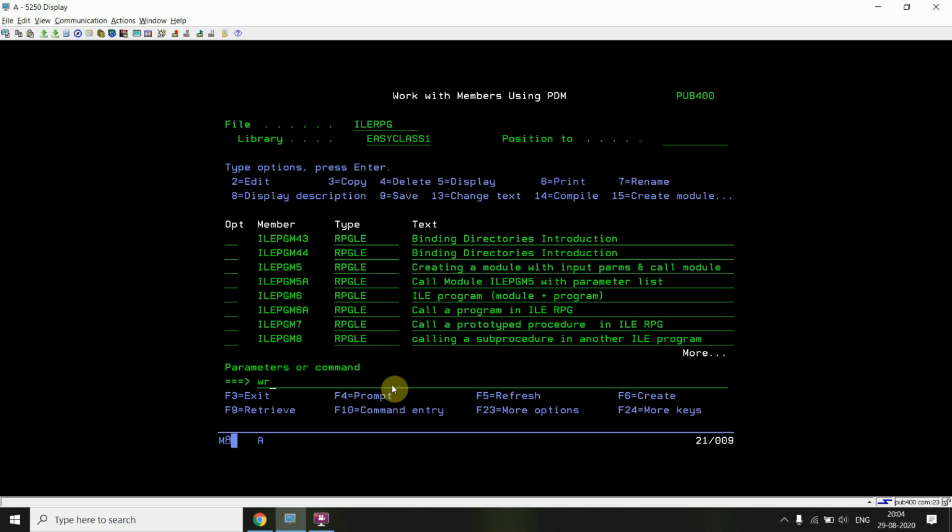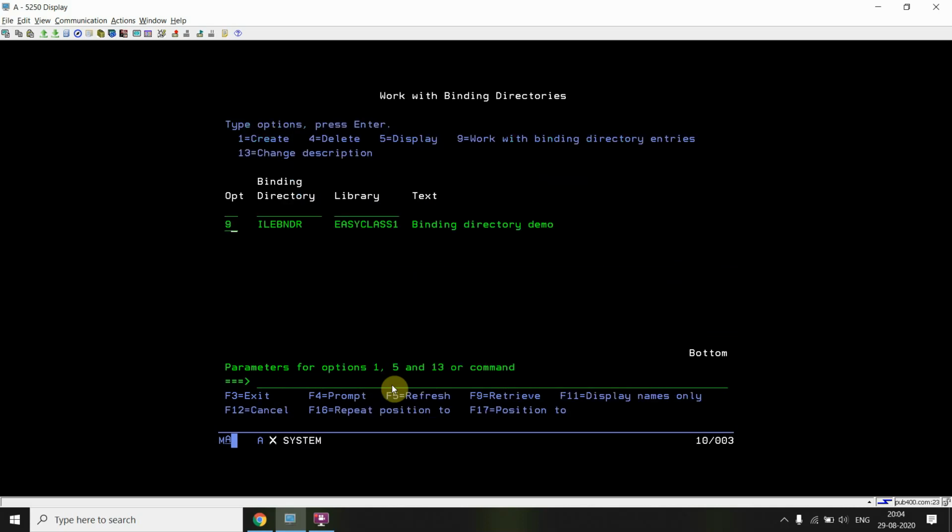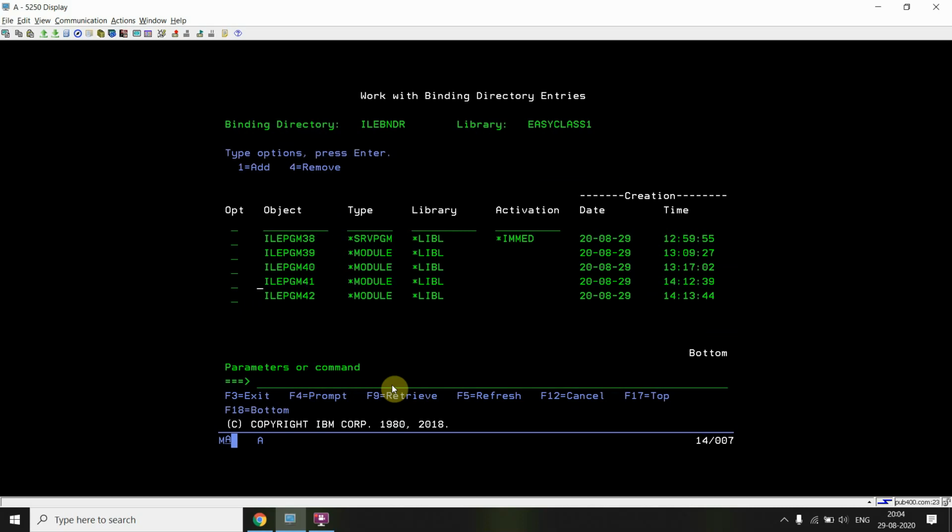Let me show you the concept with WRKBNDDIR, BNDR. Since I already added ILE PGM 41 and 42 but didn't add ILE PGM 43, yes, I'll be getting the error. So either I can add a module of this, or I can add a service program of this.